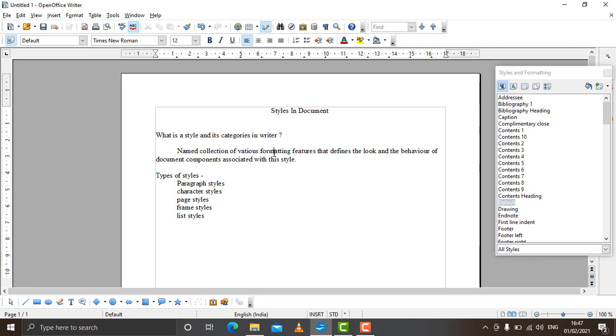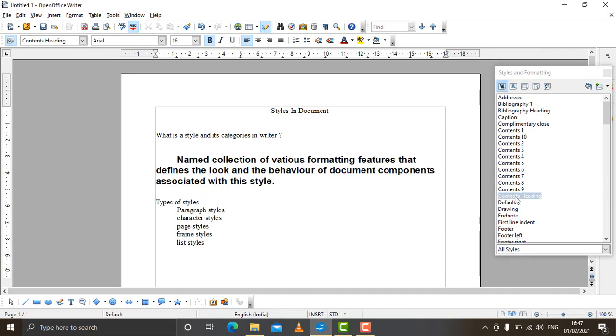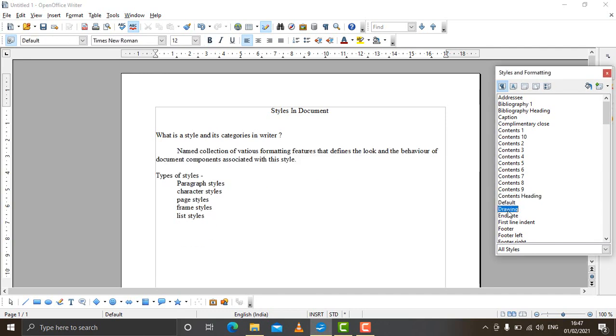Simply click anywhere in the paragraph and come to paragraph styles, and a number of paragraph styles are there. Simply double click on the style and that will be applied to the paragraph. You can see changes are there. See, it is changing. So it is quite a simple process. Simply bring the mouse pointer in between the paragraph, click on paragraph styles and double click on any of the styles, and that very style will apply to the current paragraph.